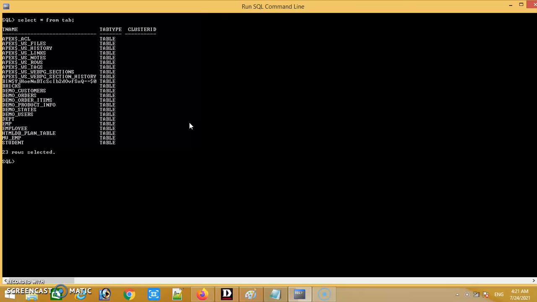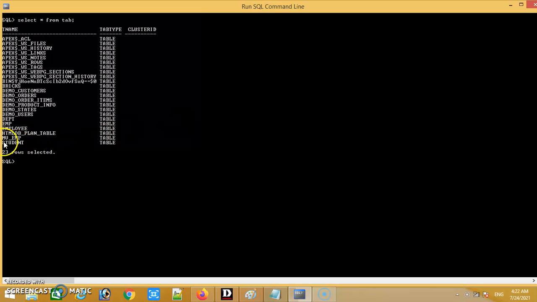To show all the tables existing in our current user, we write the SQL command like this: select star from tab. Tab means the table. This SQL statement will give all the tables that exist in our current database schema.